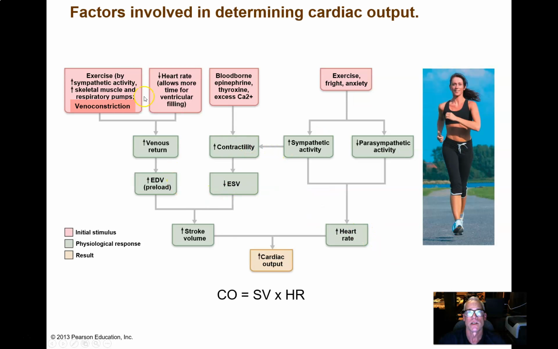So here's a summary slide. All the things that affect cardiac output. That's what we're sort of working towards. Exercise. We have increasing sympathetic activity that causes venoconstriction. We have skeletal muscle pumping, respiratory pump, and plus we should mention also if you exercise regularly, increase in blood volume. All of those things increase the venous return. We also have,